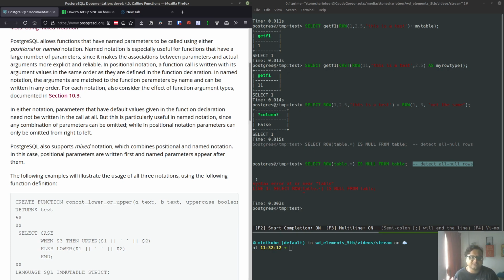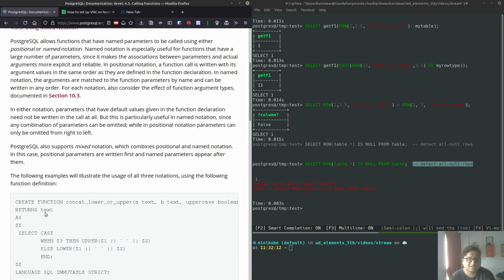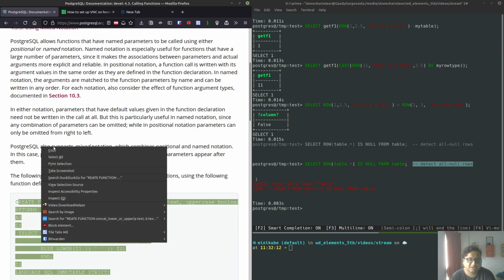The following examples will illustrate the usage of all three notations using the following function definition. CREATE FUNCTION concat_lower_or_upper(a text, b text, uppercase boolean DEFAULT false) RETURNS text AS, this is the function definition. SELECT CASE WHEN $3